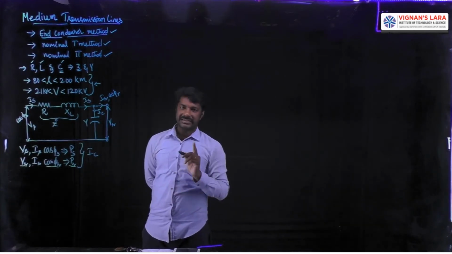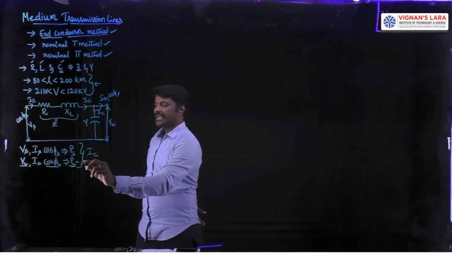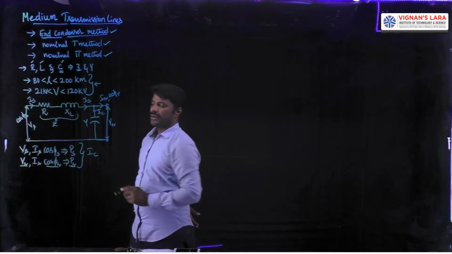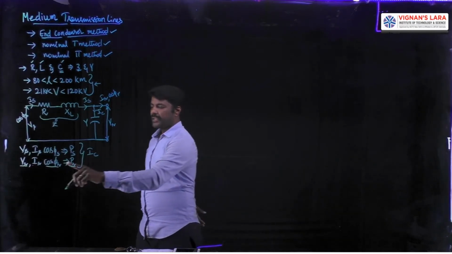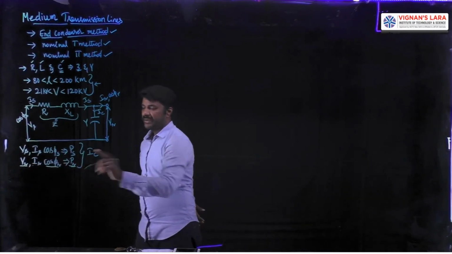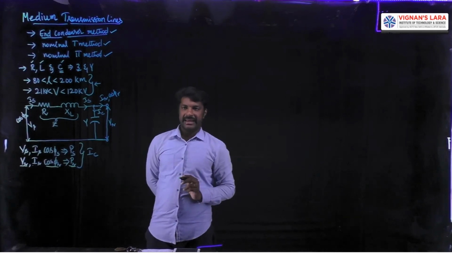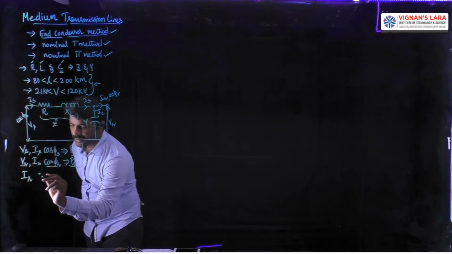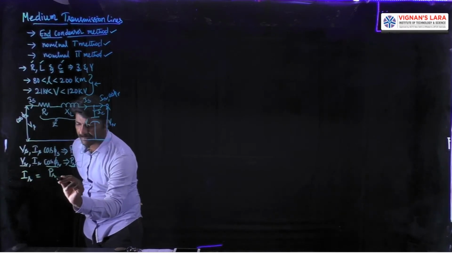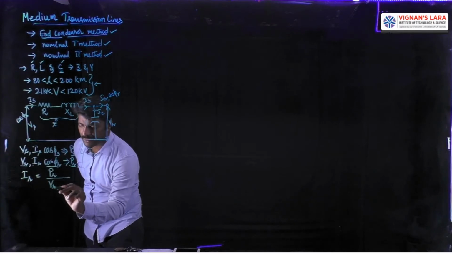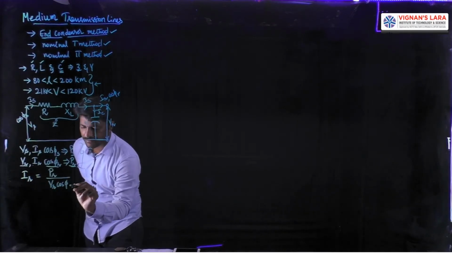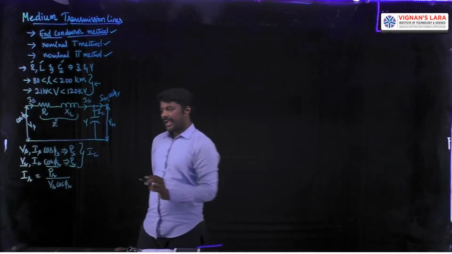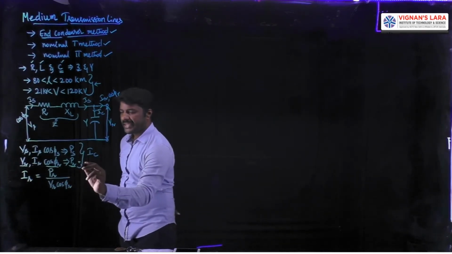Requirements are also called as demand. So it demands a transmitted power of Pr with a voltage of Vr at a power factor of cos phi r. With the help of these 3 values, we can first of all estimate the current IR. So the magnitude of the current IR is equal to PR by VR cos phi r. And the nature of the load, we assume here it is lagging load.